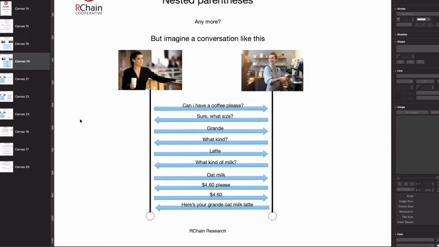And then when the client has responded with what size, then what kind, and then the client can respond with a latte, and then what kind of milk do you want to use in your latte, and so on and so forth. So you can see that there are very natural client server kinds of conversations, where the server initiates a request as well as the client.